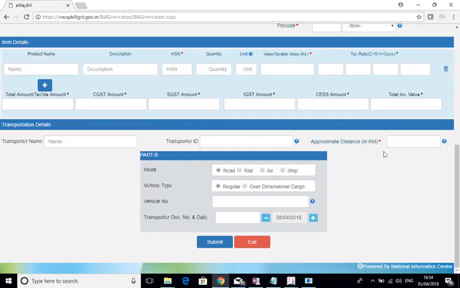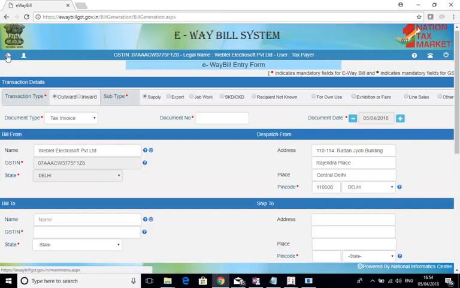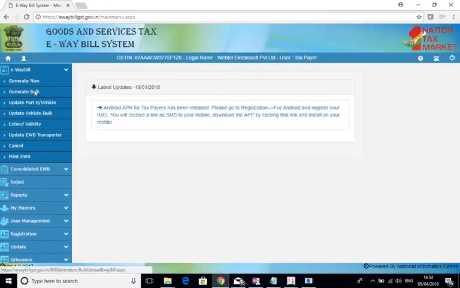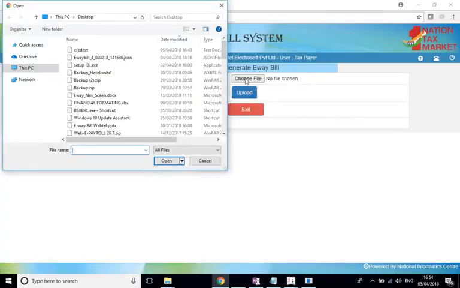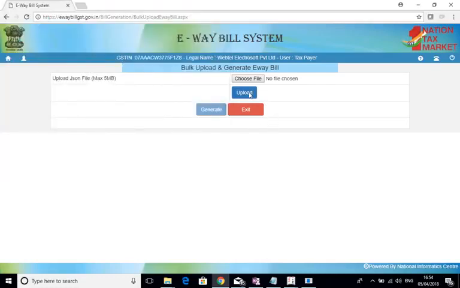And all the mandatory fields are marked with a red asterisk. The second facility the government has given is that if you don't want to do it online, you can go to the home page, again go to the e-way bill option, and then say, okay, I want to generate a bulk e-way bill. So you can choose the file, as we have generated one, and I can select it. This is actually a file of another company, but I will just show you. You can just select the file and say upload, and if the file is correct, it will give me the option,